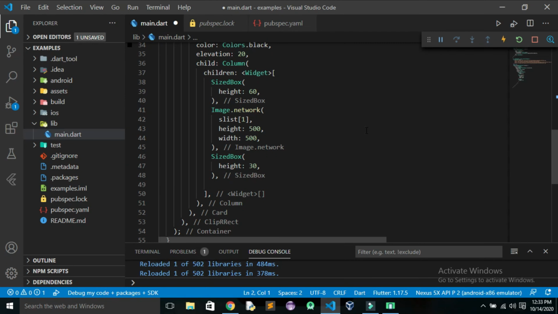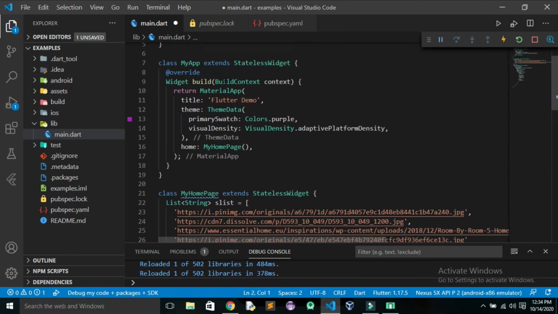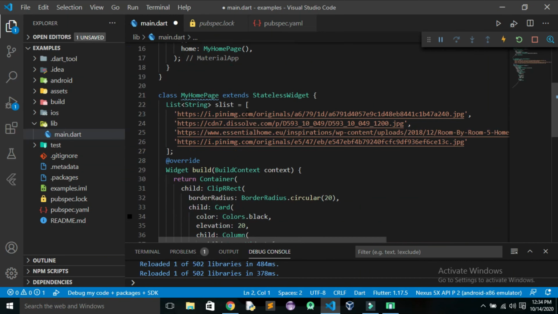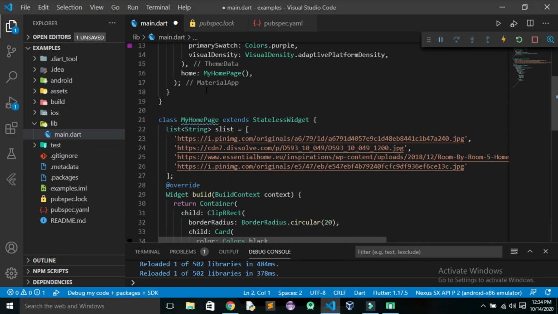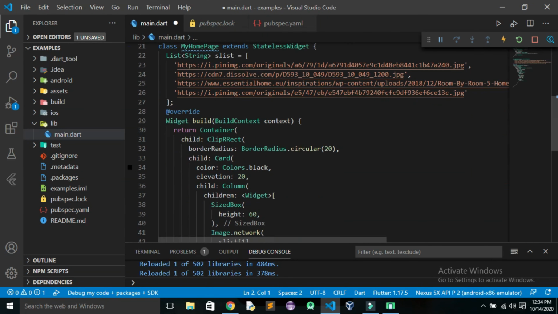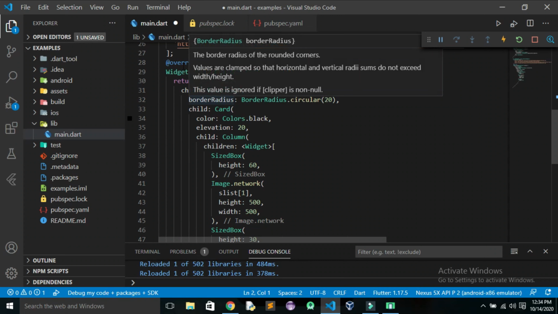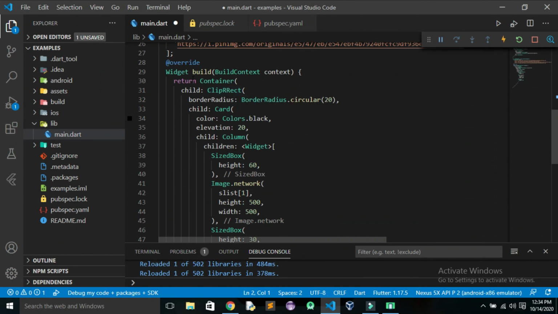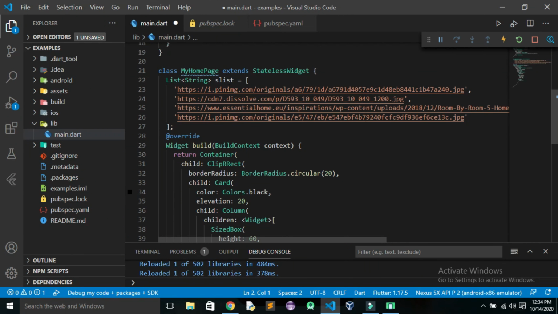Hi guys, in this video I will show you a demo on how to use like buttons and how you can do them in Flutter. The basic code which I am using here is the basic code which I get from the main.dart file, and in that I have made some changes already in my home page class.